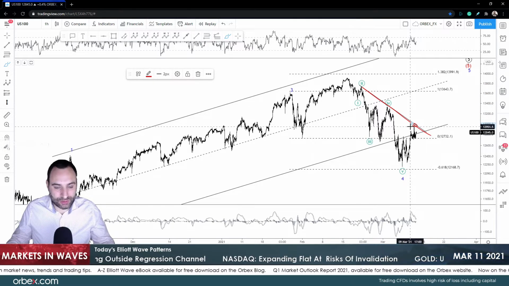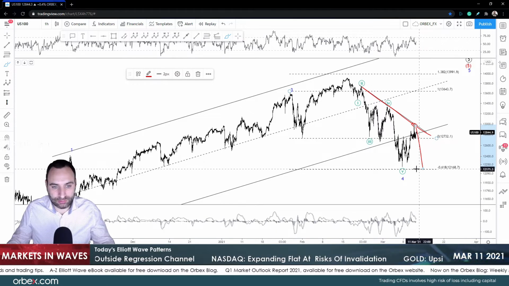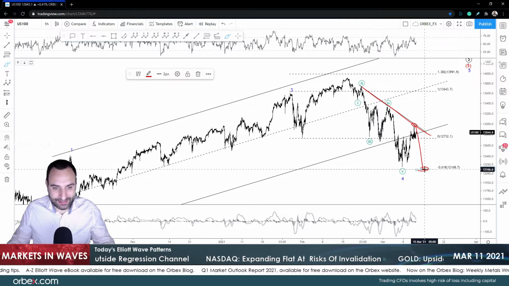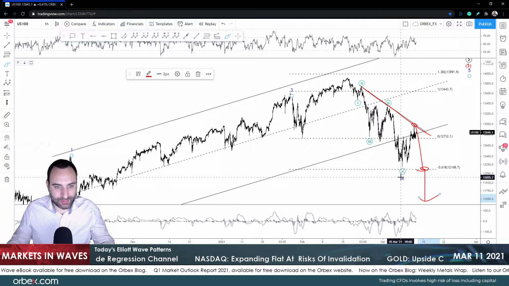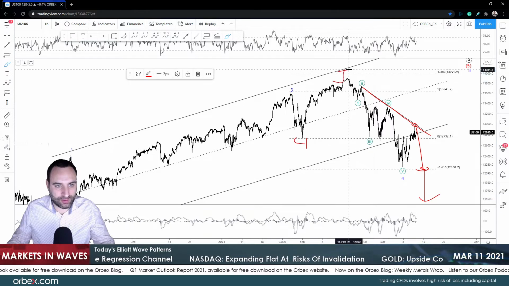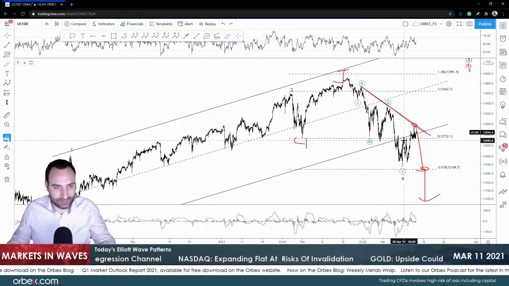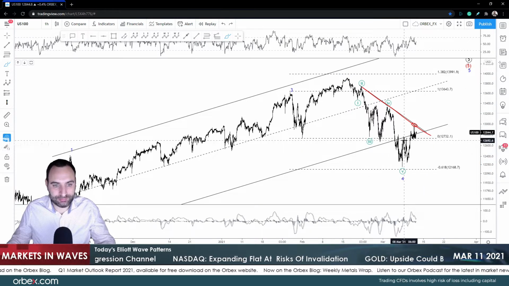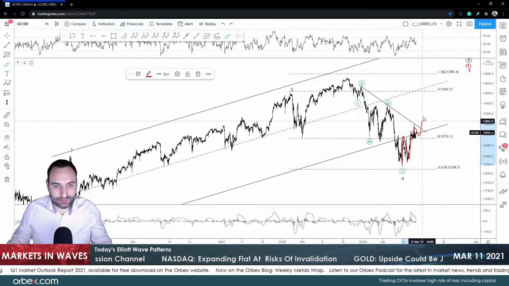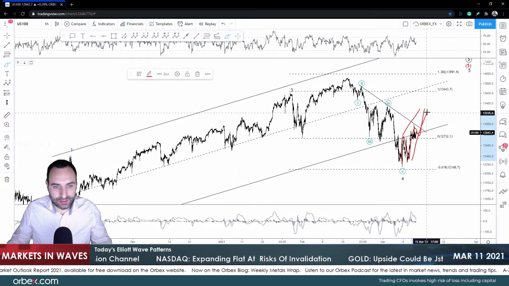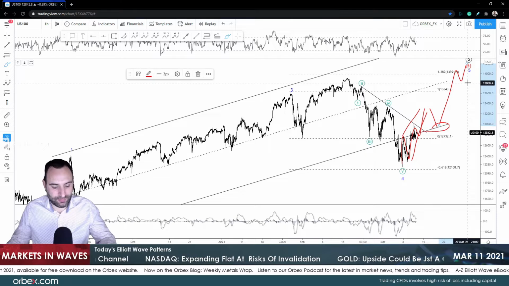So I can see two scenarios coming in. One is we're going to continue lower, yeah, with A, stopping up here, moving up, or B, breaking down, which means wave 4 was here and wave 5 was here. And this is a leading diagonal, open diagonal. Or B, we are going to break higher, yeah, and this is going to turn like a leading diagonal. Then we're going to get two down here and then continue higher for fresh highs.